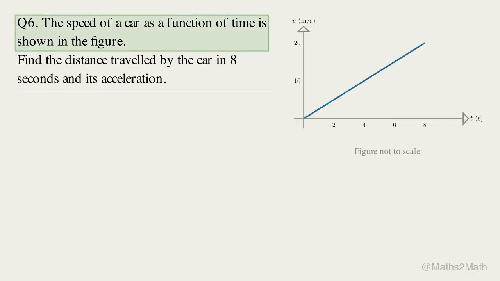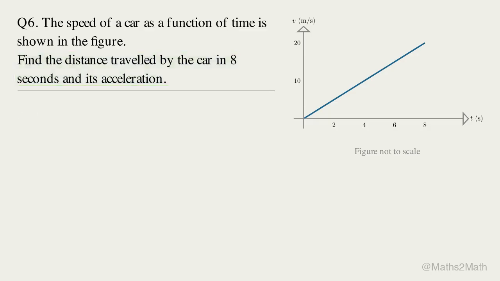Question 6. The speed of a car versus time is shown. It rises steadily from rest to 20 meters per second in 8 seconds. Find the distance traveled in 8 seconds and the acceleration. What does this mean? On a speed-time graph, the slope is the acceleration and the area under the line is